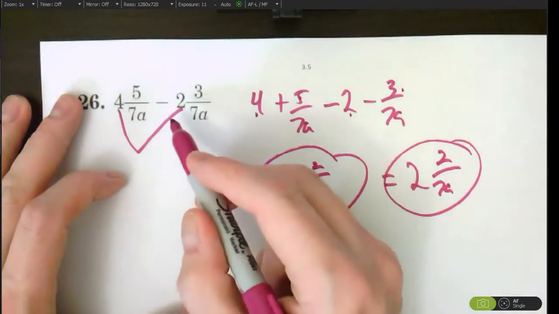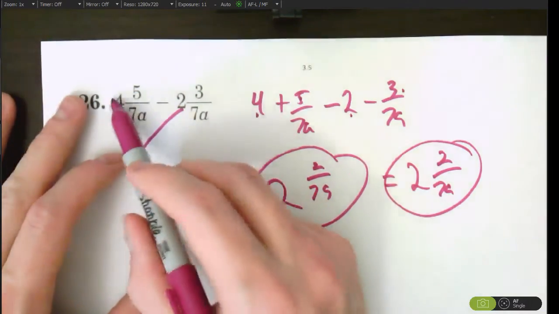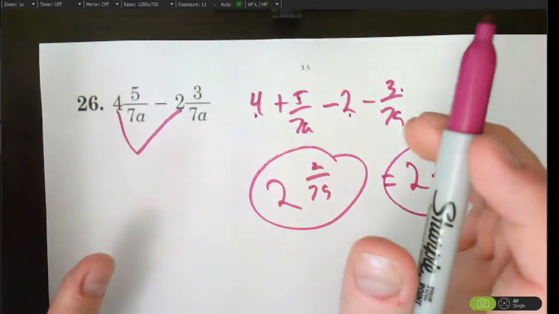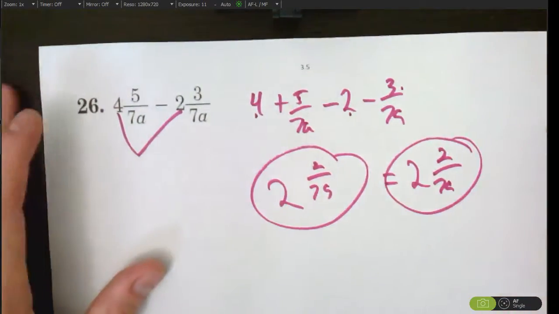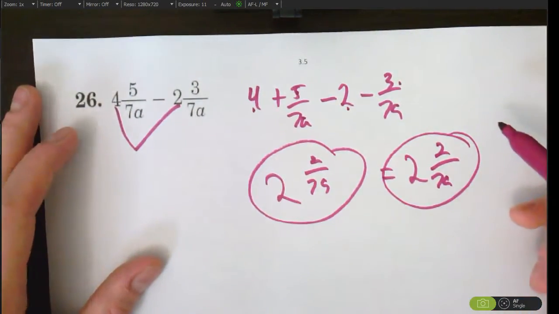Otherwise, if you do improper fractions, you have to do 4 times 7a plus 5 and it all falls apart. So it's easier to just do this as mixed numbers. And it's written that way so that it'll work out nicely for you. Okay. Now the last one